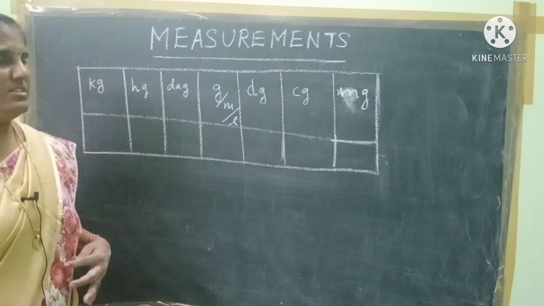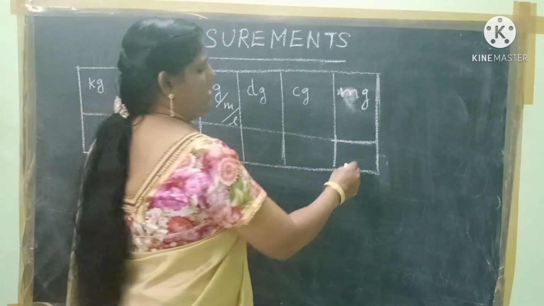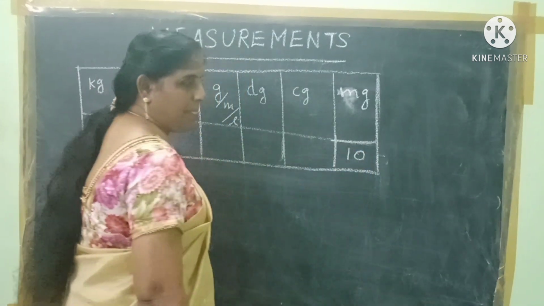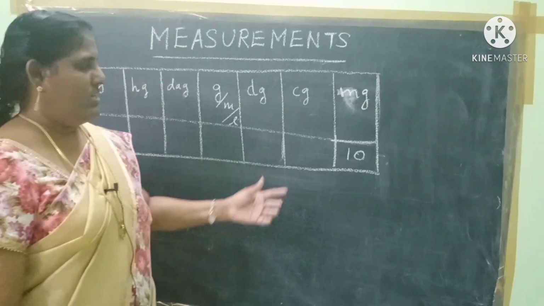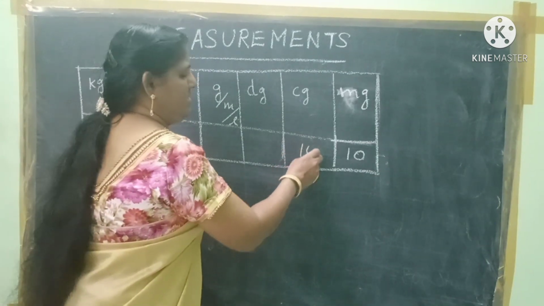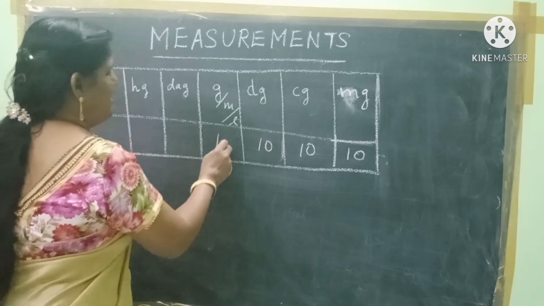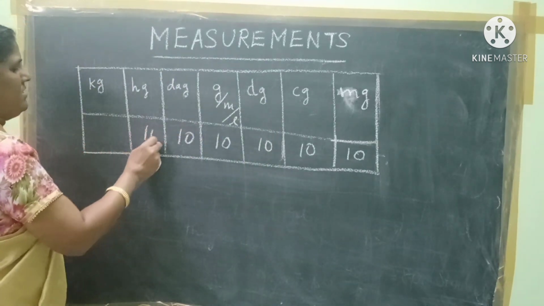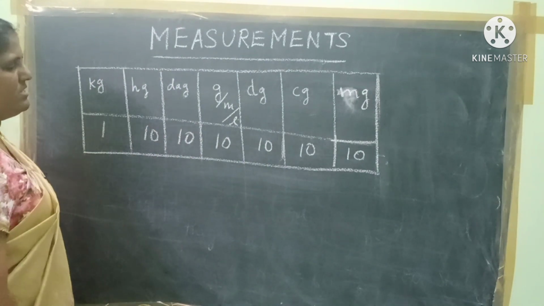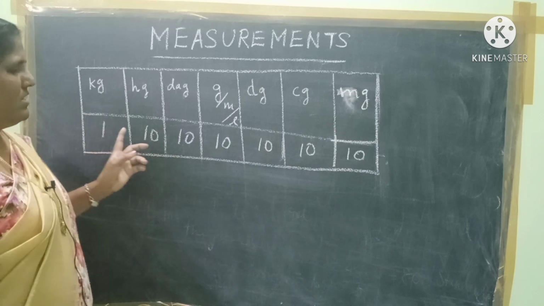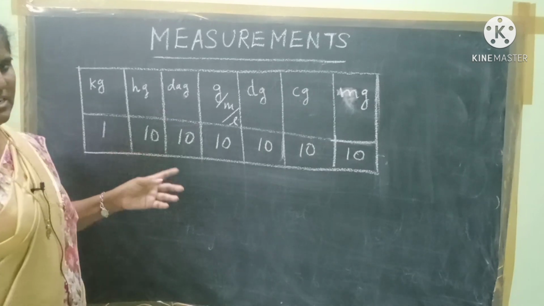Power of 10 means, see, this is 10. This is 10. In the tens form you should write for 10. How many tens are there? 10. So, 1 kilogram, no need to...